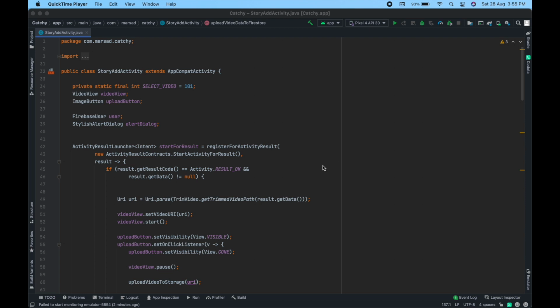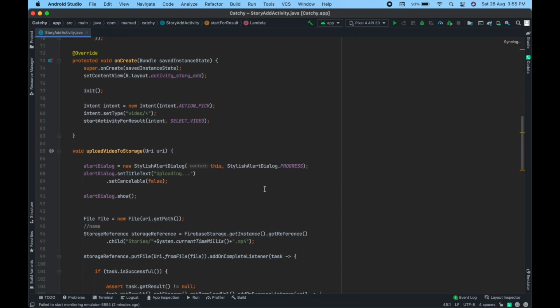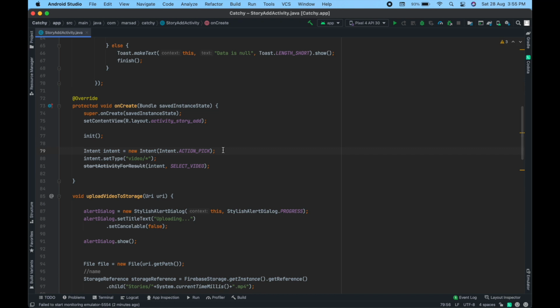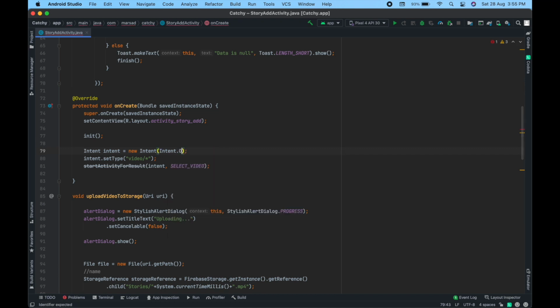So in the previous video I did code to upload video as a story, and in this video we will upload image as a story and also set up cloud functions to delete a story after 24 hours. So let's start. First of all, inside story add activity,